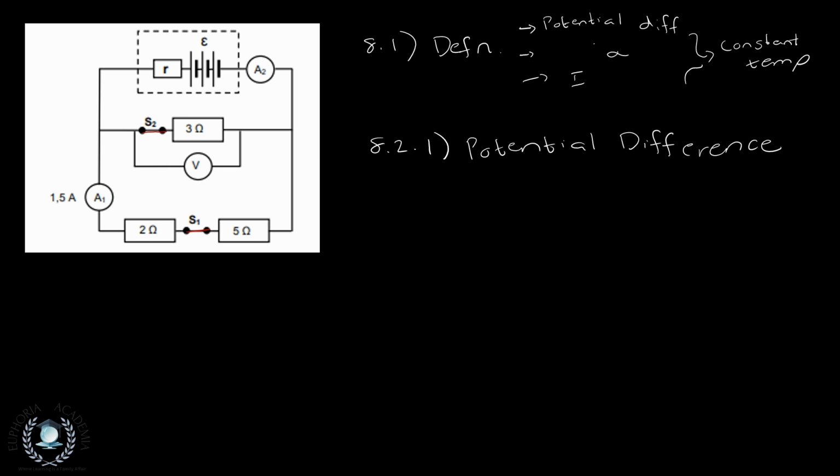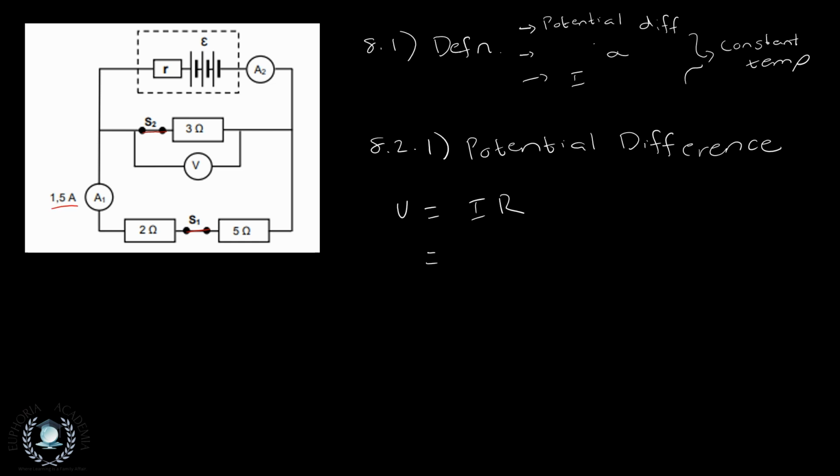Now they are in series, so we can actually use Ohm's law, which is V equals I multiplied by R, and the I in this case is going to be the 1.5 that we are given,